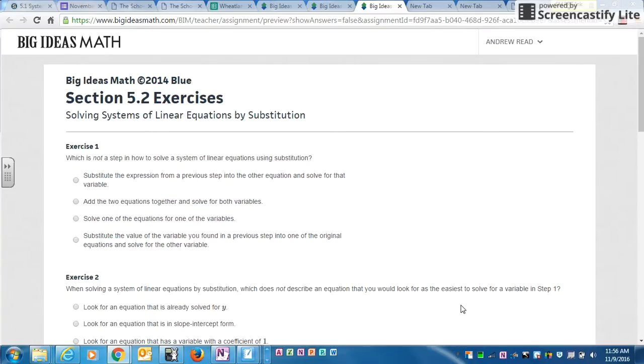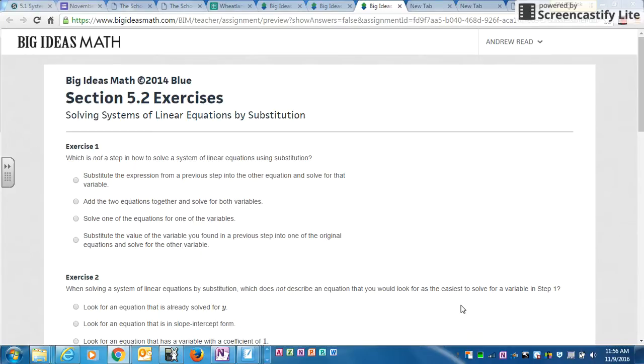Okay, this is section 5.2, solving systems of linear equations by substitution, and these are your 6 multiple choice questions. So we're going to go through these. I'm going to go through a couple of the examples, and then hopefully that will help you to solve the rest of them. So let's take a look at,